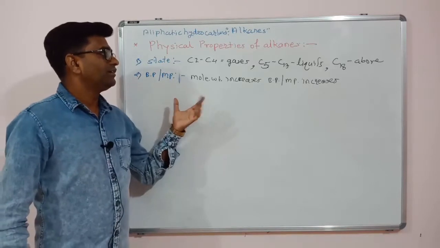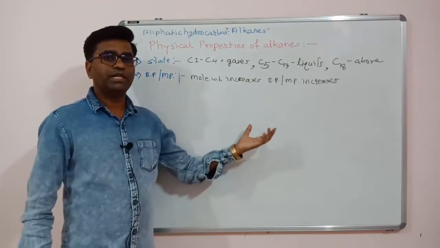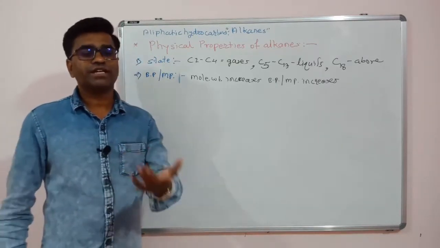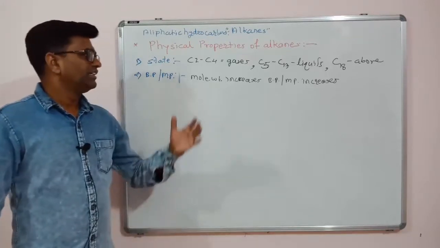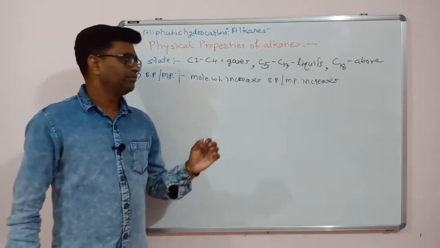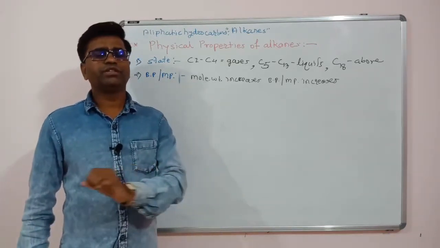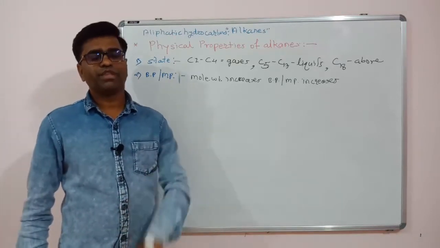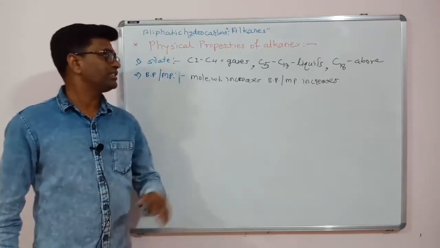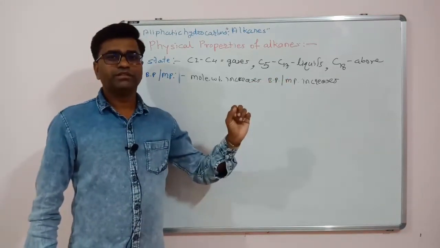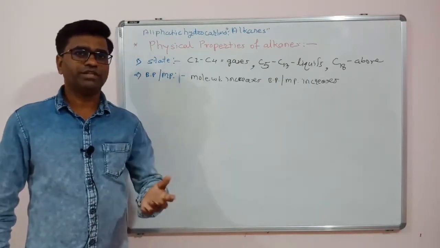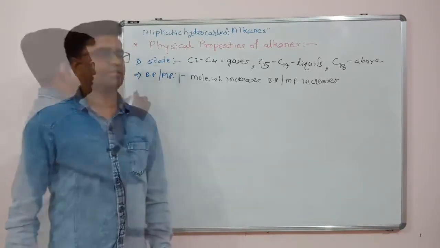Like ethane has a higher boiling point and melting point than methane, because an increase in the number of carbons means an increase in the size of the alkane. Friends, this increase in melting and boiling points follows a sequence, with almost 20 to 30 degrees Celsius increase per carbon. That is approximate, with some exceptions. The exceptions are in terms of melting point only. Boiling points increase in sequence, about 20 to 30 degrees Celsius per carbon.